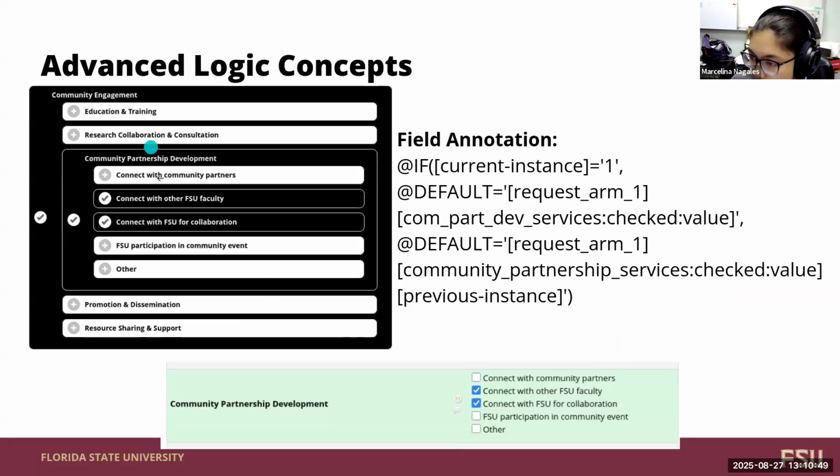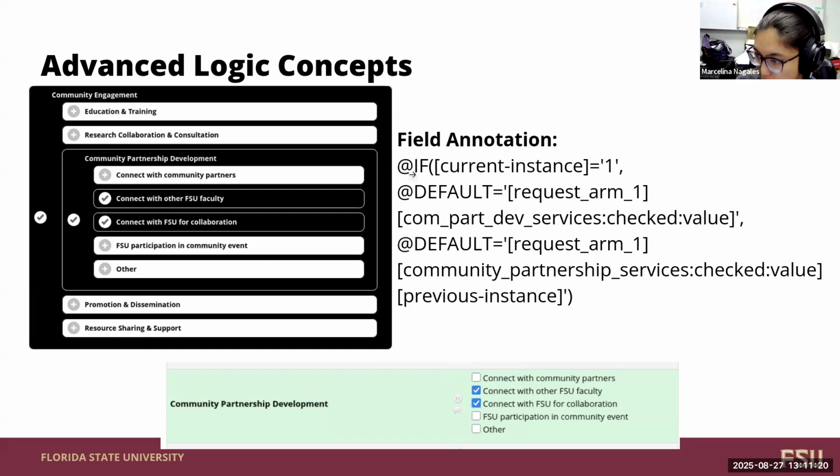So if we start off with what's in the request form and we select these within the community engagement hub, we want to make sure that they're selected within that coordinate space to make sure that we are keeping track of all the requests that have been put in. And I talked through the logic before in the previous slide that talked about the service request and coordinate, but